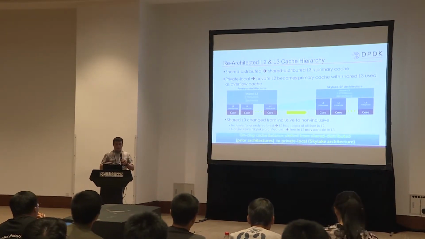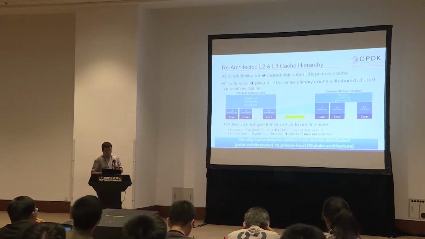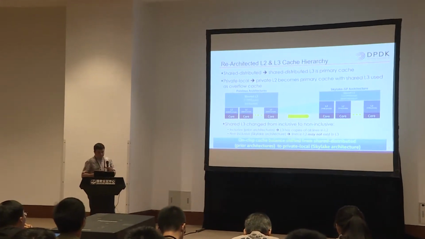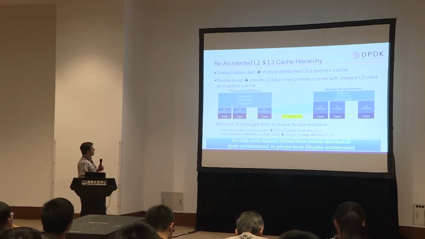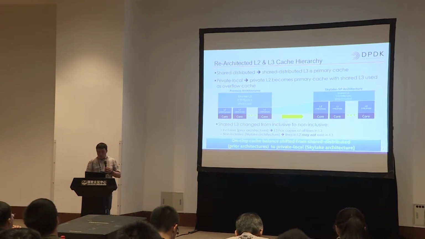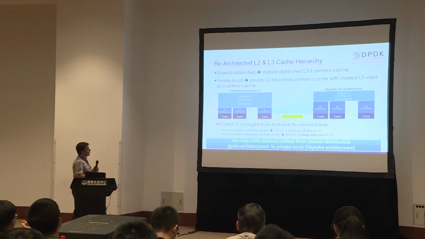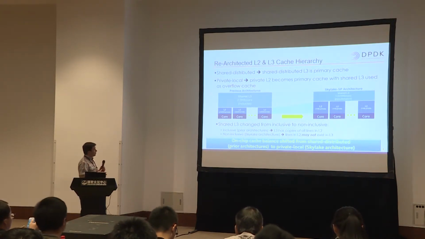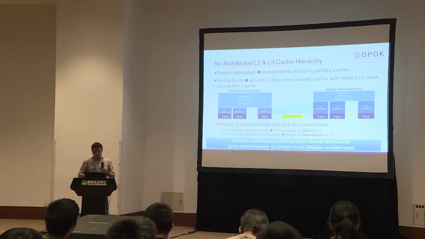The three levels of cache are organized as follows. L1 cache remains the same as in the previous generation of Intel Xeon processors. L2 cache has increased in size. It's now 1 megabyte. It used to be 256 kilobytes of private MLC cache. And LLC becomes smaller. Now it's 1.375 megabytes per core. So if we, for instance, have 20 cores on the platform, then we will end up with an LLC of around 30 megabytes. And the LLC is shared among all the cores on the CPU socket.